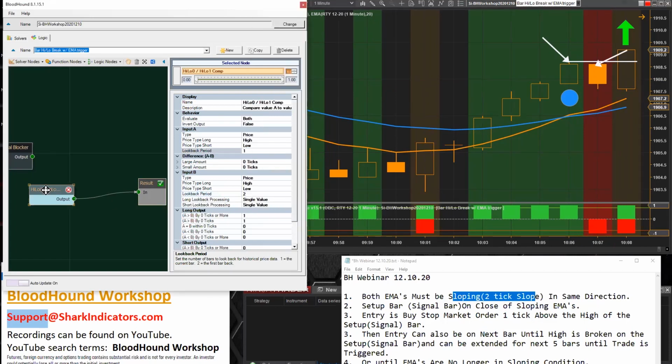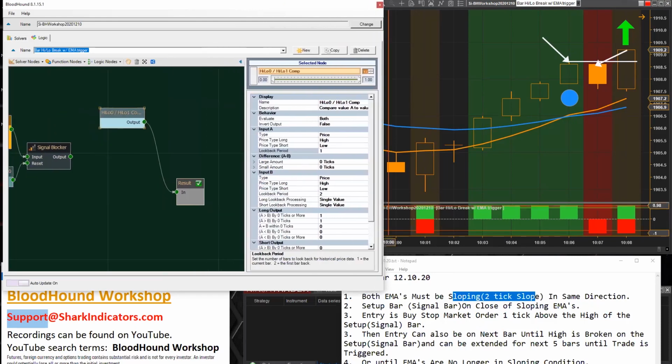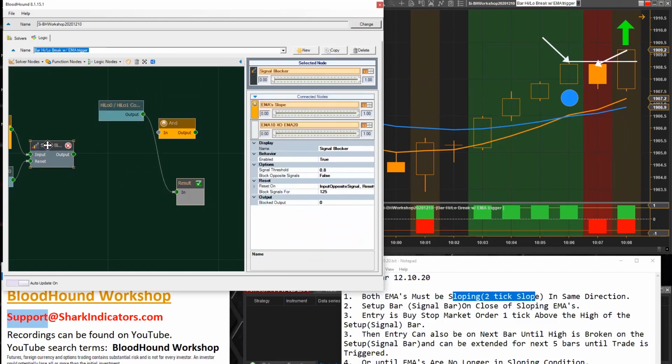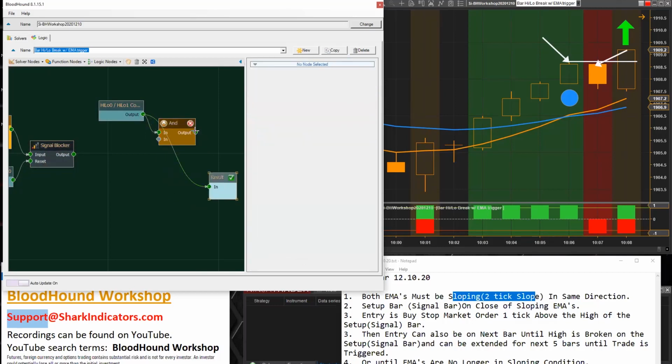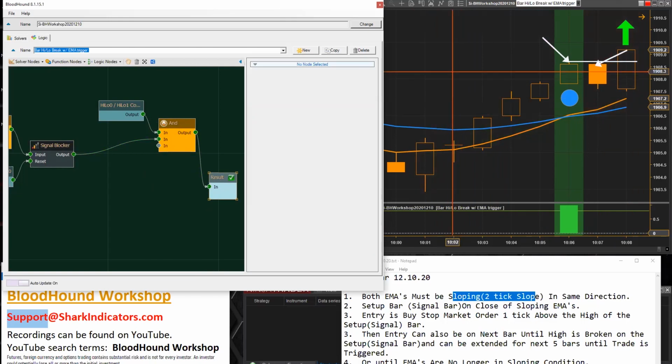Okay, so let's see here. What we need to do is take this condition and merge it with our setup bar signal. So let's connect all these into an AND node like so. And yeah, I need to do one thing first,